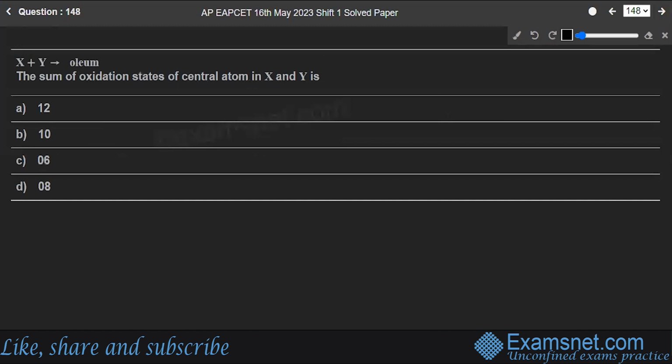Next is question number 148. X plus Y gives you oleum. The sum of oxidation states of the central atom in X and Y is. To understand what X and Y are, I have to complete this. The sulfuric acid, when it reacts with sulfur trioxide, gives you oleum. That is